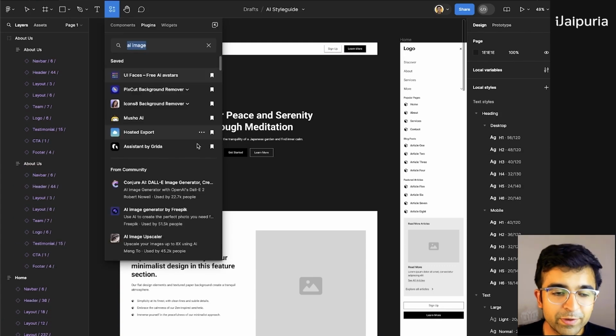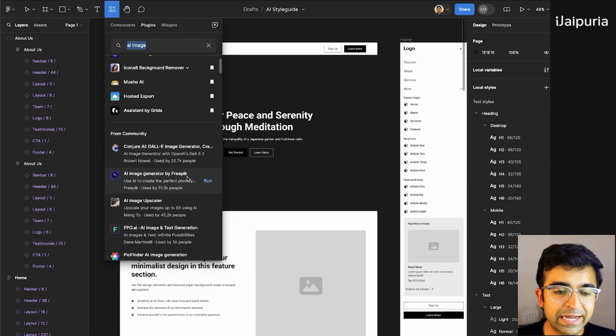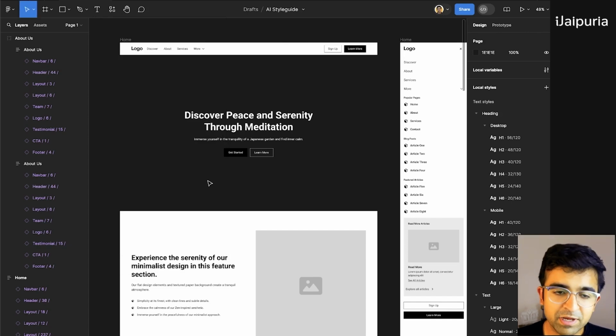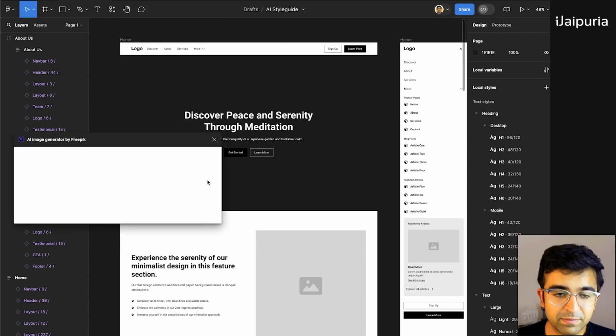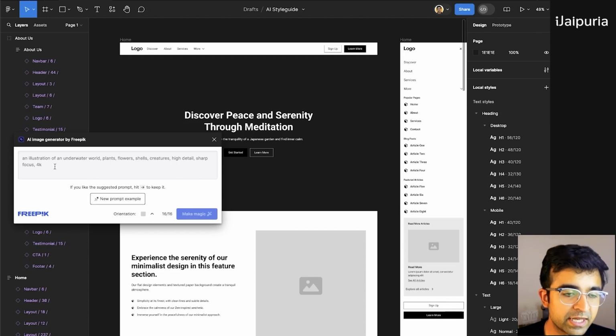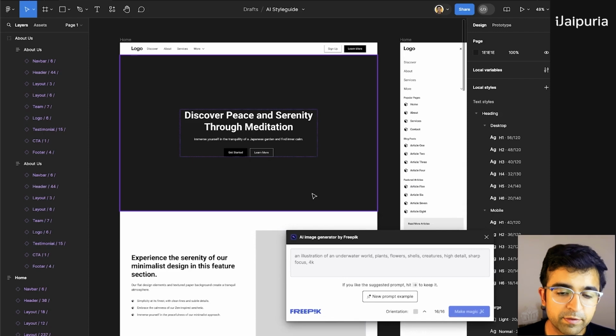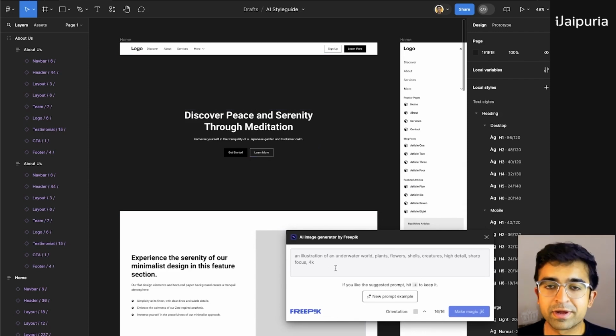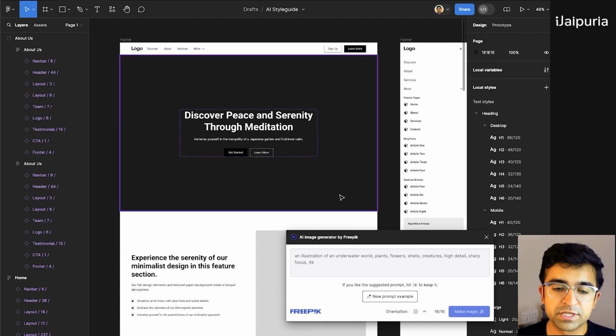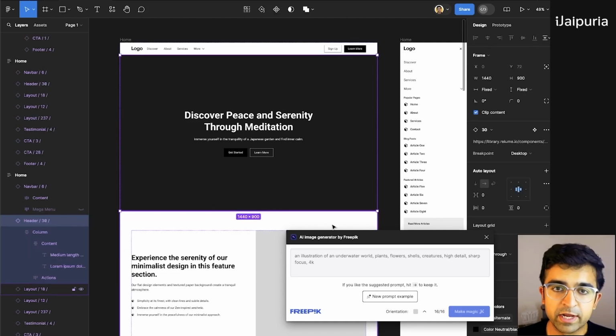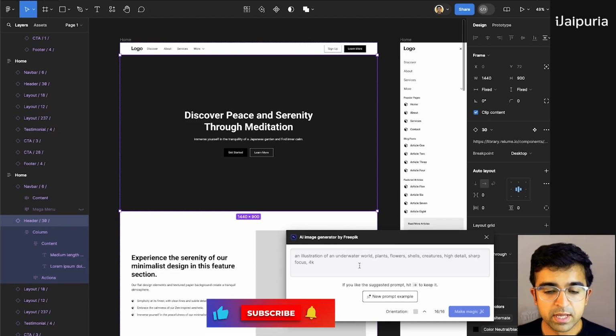Okay, just like we did before, there is something called AI image generator by Freepik, something that I've already mentioned. Freepik is doing a lot of stuff in AI as well. Now, as you can see, it brings a very simple little window right here, which we can then access and write in our requirements or our wants here, and it will give us images here. So I want to just select this frame. Hopefully this will add it in the frame. I now want